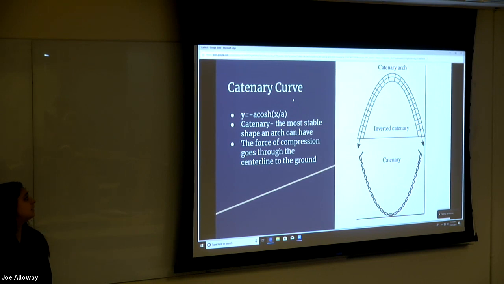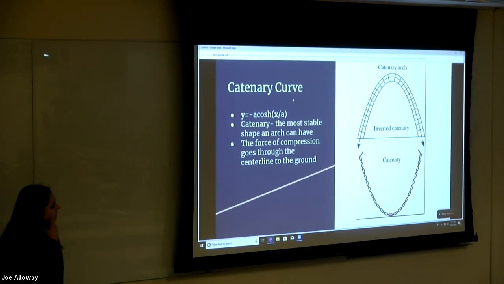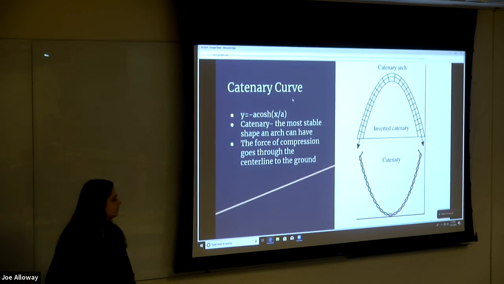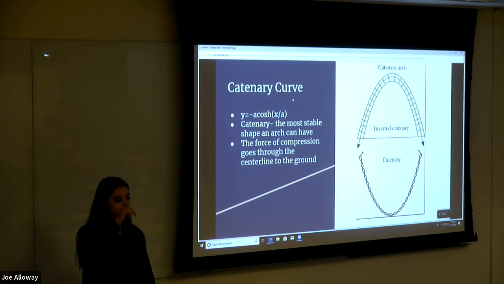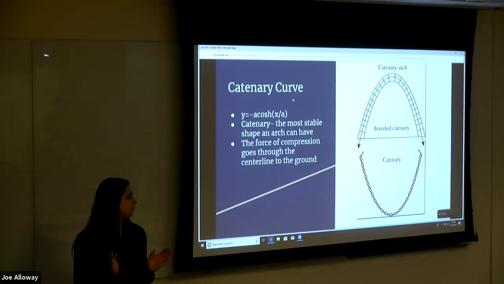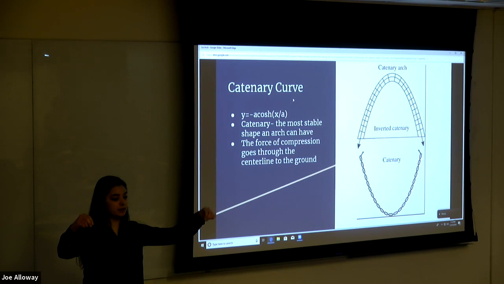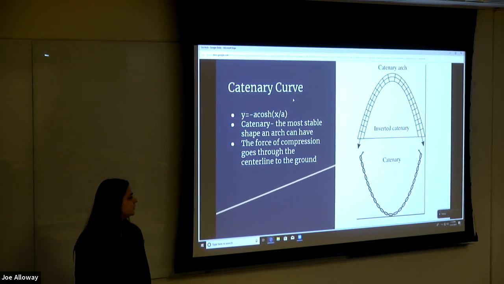The shape of the arch is going to be a catenary curve, and for those of you who aren't familiar with catenary curves, I'll describe it a little bit. An arch is an upside down catenary curve. A catenary is the shape made when a rope, or the links of a chain, is pulled down by gravity. That shape is formed when the force of gravity pushing down and the forces of tension where it's held at each end cancel out to zero. So the tension in the chain